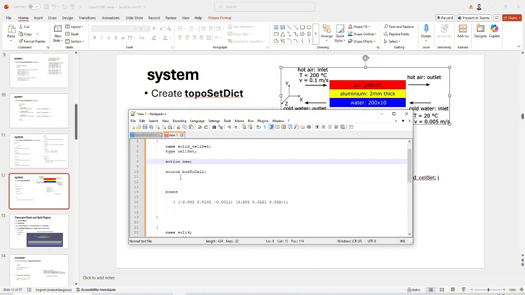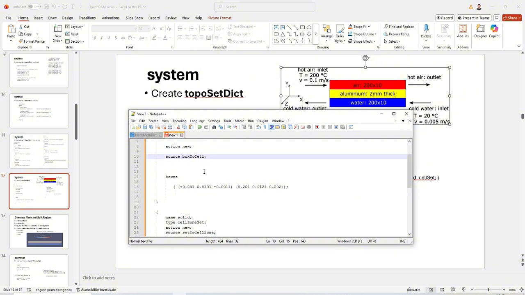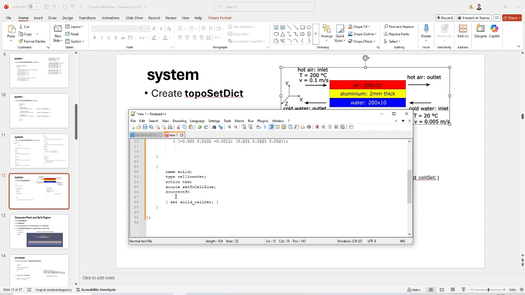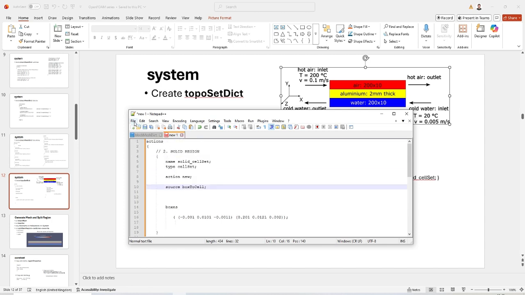Action means we want to build a new set, or add to a set that has existed, or subtract some existing set. So the action is really about the Boolean operations of the cells. And the source, of course, is how we define that. Here we use a box, and here we just use the existing cell set. So that's it for the